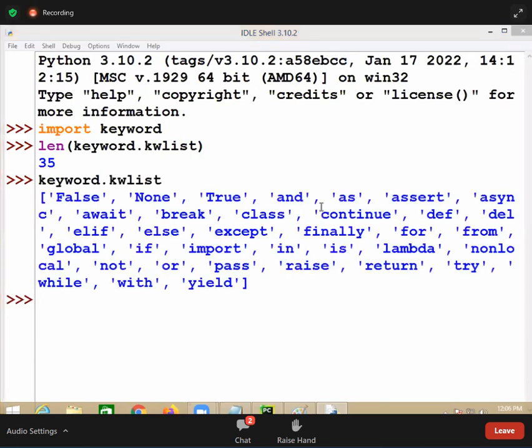Can you see all these keywords or not? Yes, False is a keyword, None is a keyword, True is a keyword, and is a keyword, as is a keyword, assert is a keyword, async is a keyword. All these are keywords, and each keyword is used for a specific purpose, or not? Yes. If I want to check a condition, I use